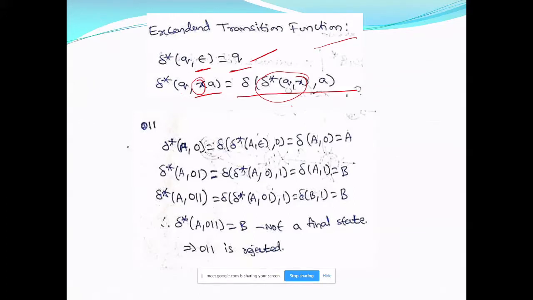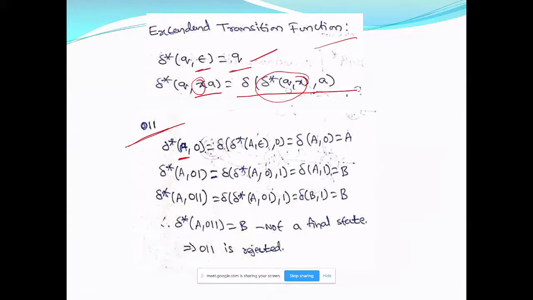For example, let me show you for 0, 1, 1. Because A is the start state, I am starting in A. You can start in any other state, but then I cannot tell you whether the string is accepted or not. If you want to say whether it is accepted, you have to start in the initial state.